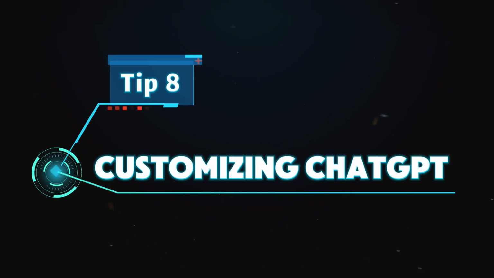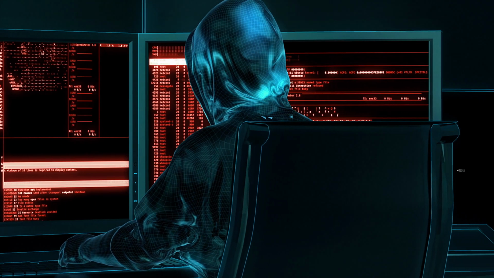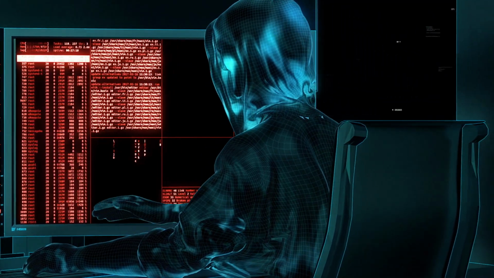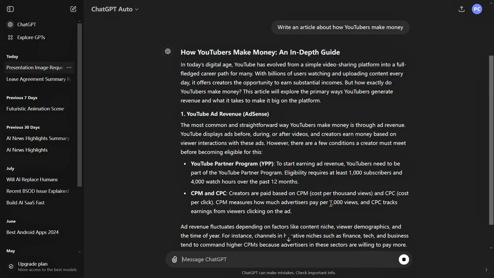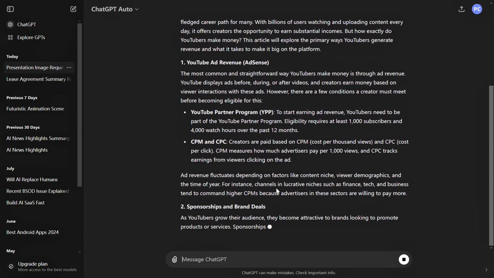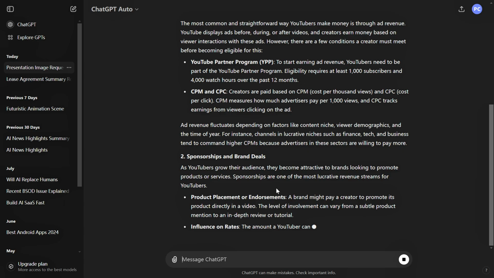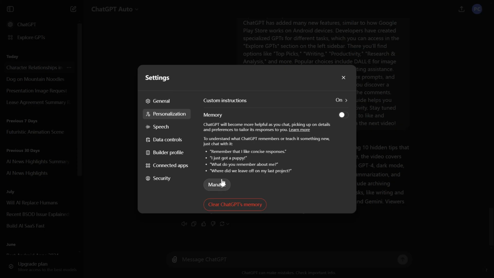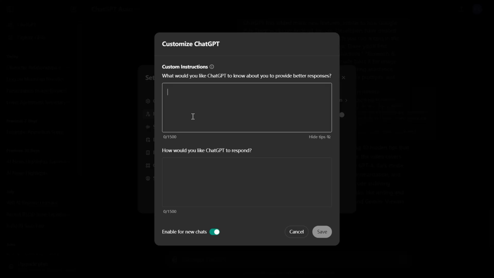Tip 8. Customizing ChatGPT. One of the most powerful hidden features of ChatGPT is its customization. Even if your prompt writing isn't perfect, you can still get great results by teaching ChatGPT about your preferences. Go to personalization in the settings and ensure the memory function is turned on. Then click on custom instructions and fill in your preferences, like your